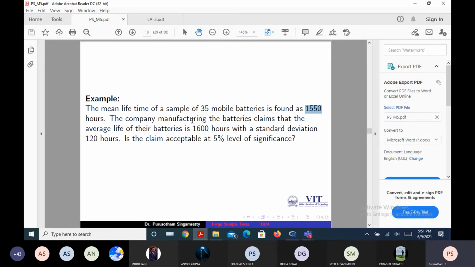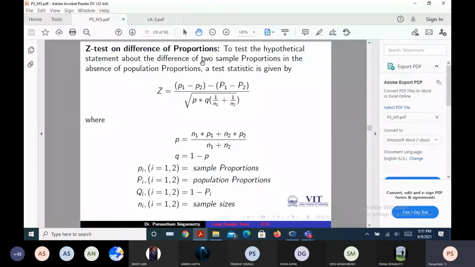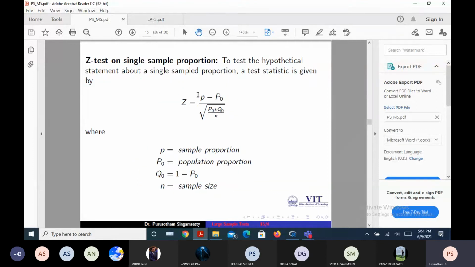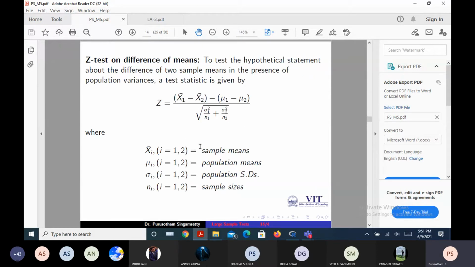With this, let us look at the test statistics which we can use, one by one. Now this is difference of proportions. We have the means, so this is ruled out. This is also difference of proportions, so it is ruled out. This is also proportion, but it is single sample. As we have means, it is ruled out. Next, this is difference of means. How many means do we have? Single sample mean or two sample means? Single sample mean. So difference of means is ruled out.